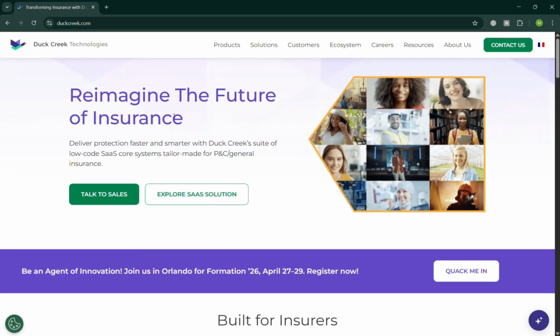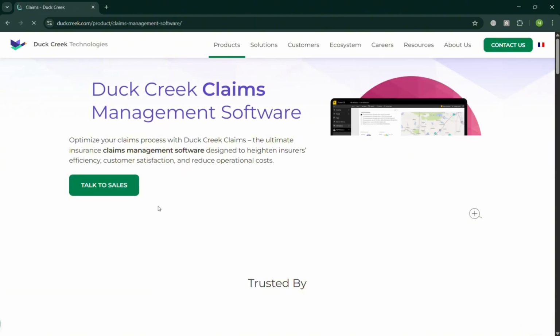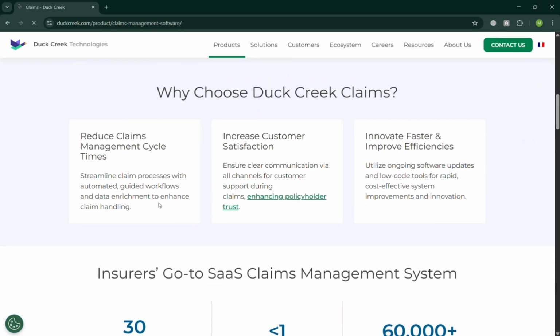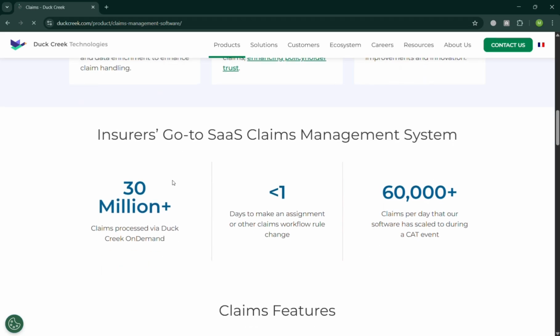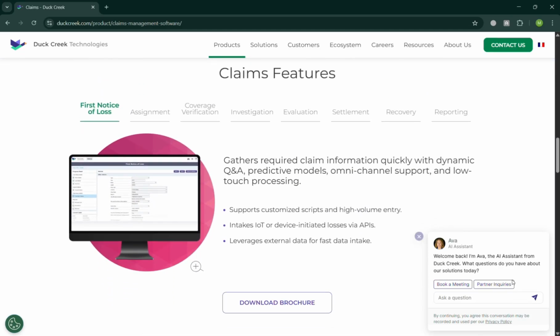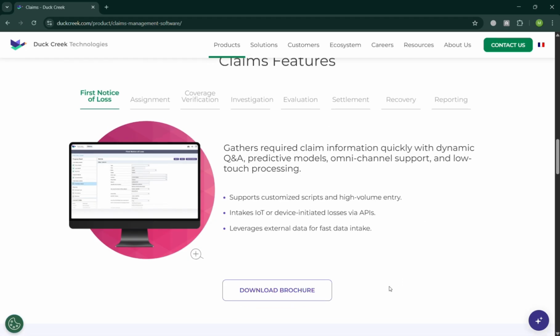Now, in terms of the products that they offer here, you have Intelligence AI, Billing, Claims, Clarity, Policyholder, and many more. So let's start by looking at Claims. Basically, it is an end-to-end claims management with tools to handle first notice of loss, investigation, settlement, reporting, and compliance at scale. So the main purpose of Claims is to simply manage the full life cycle of a policyholder loss event, from when the claim is first reported until it's resolved and paid, in a way that is efficient,